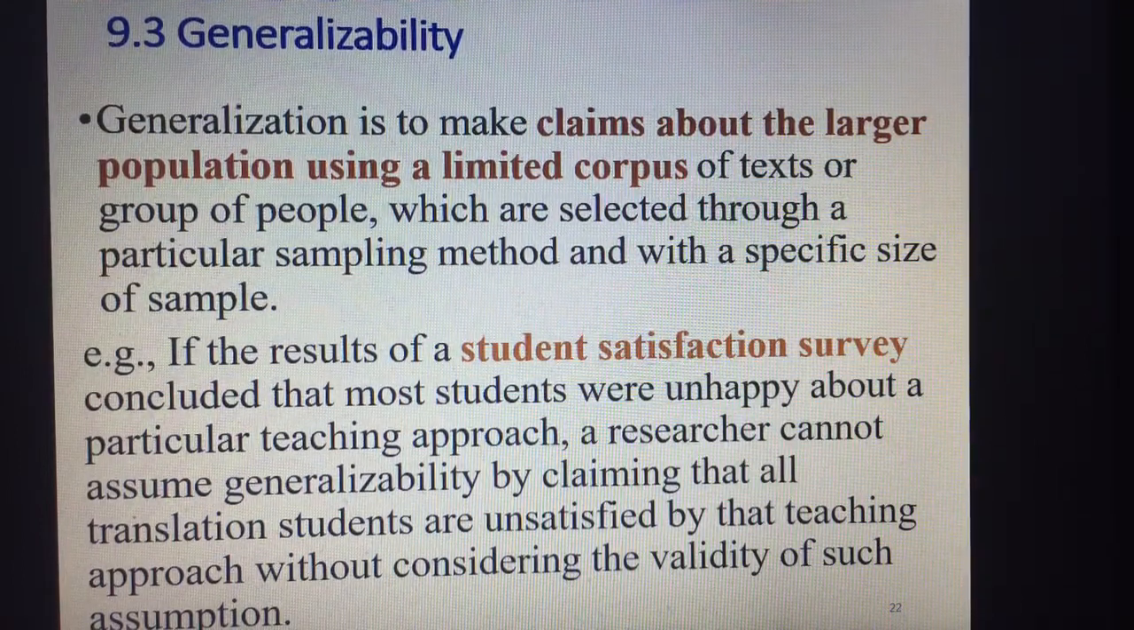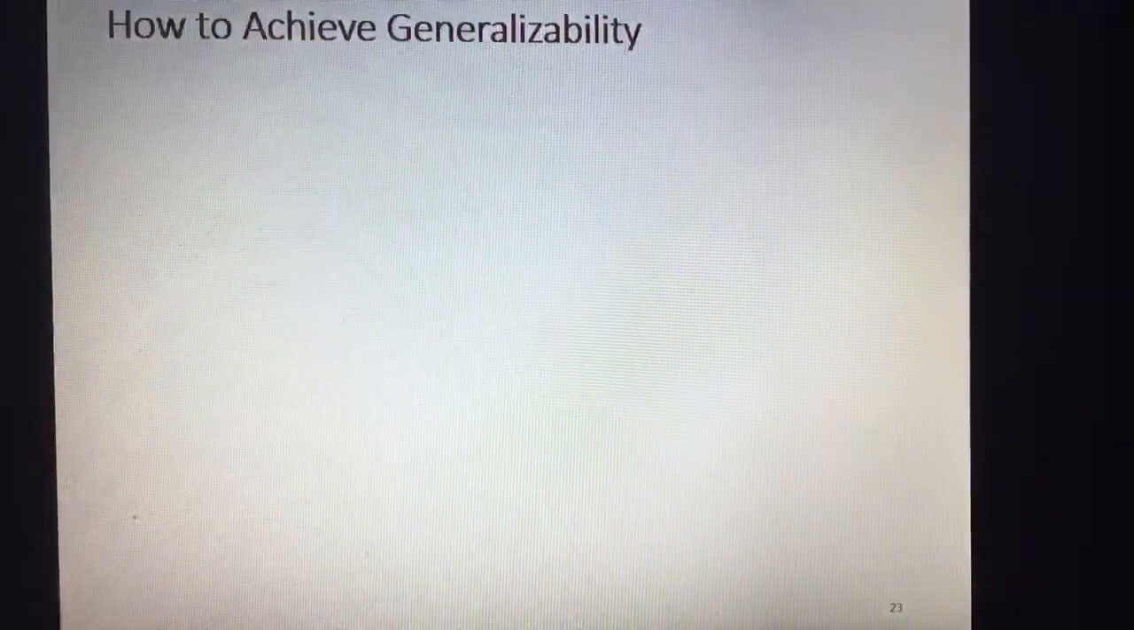It doesn't mean that if you are being assessed in a survey when you are teaching a course, and the students have their opinion or conclude that they are unhappy about the teaching approach, that in any case that teaching approach is not valid. You need to consider the validity of their assumption in order to prove whether they are right or not. We'll move on to the next point about generalizability,